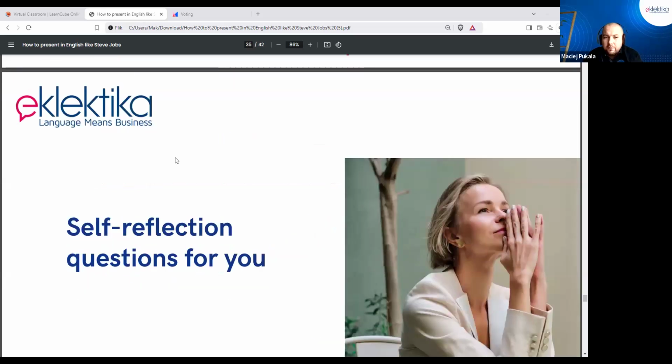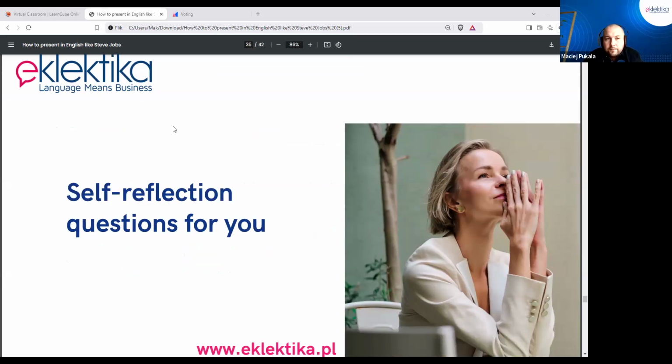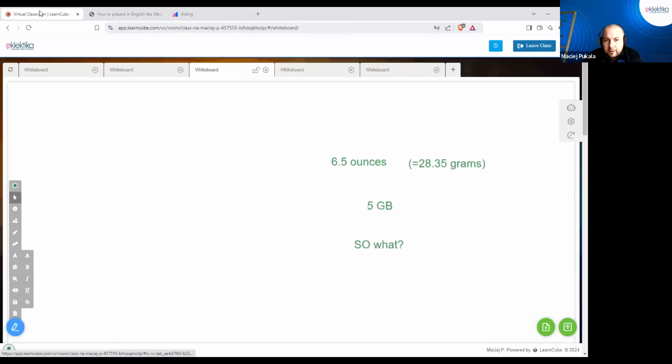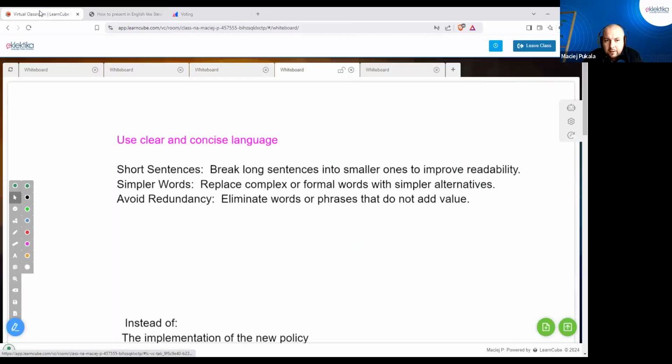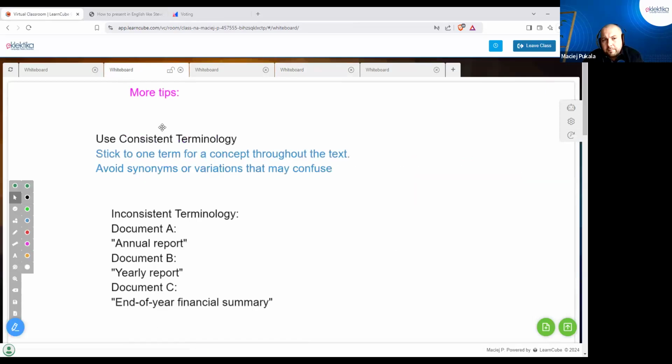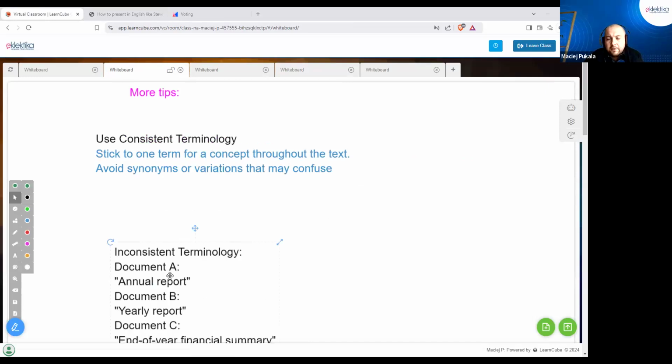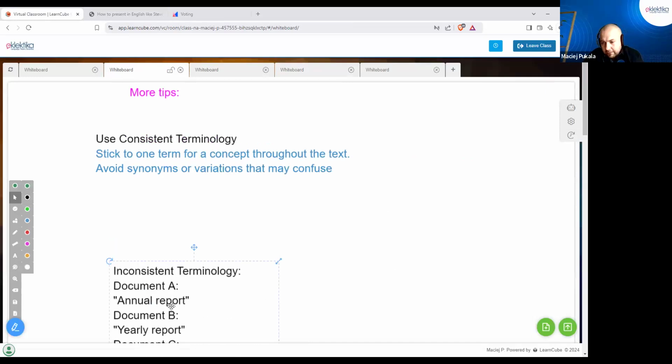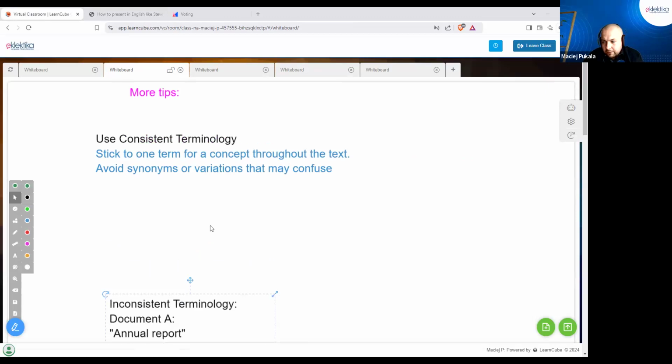We're going to go into some self-reflection questions, which I have for you. But before we do this, I also wanted to mention one more thing that I noted here for you. Another little tip is about consistent terminology. This is something additional that I thought of, and I also wanted to mention it because of some things that I have noticed